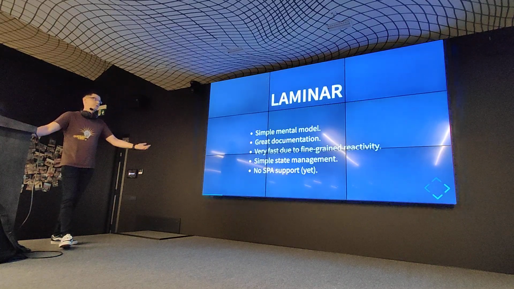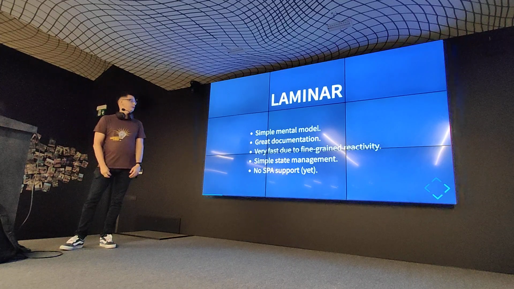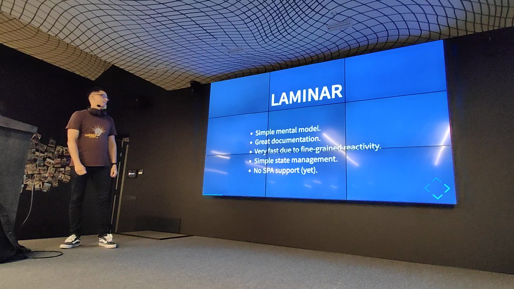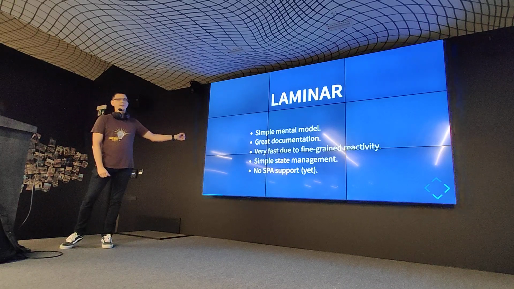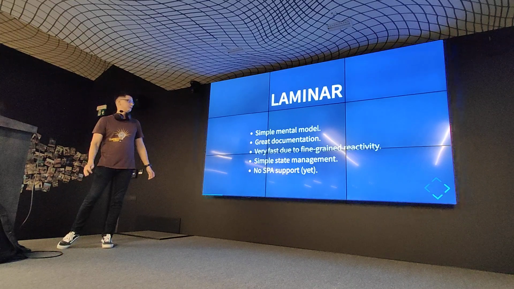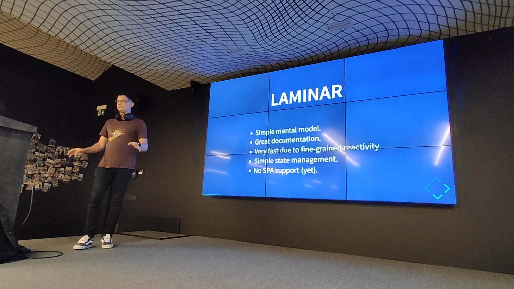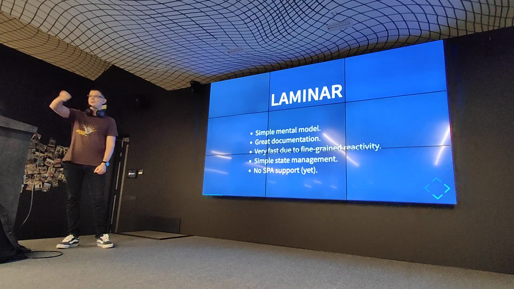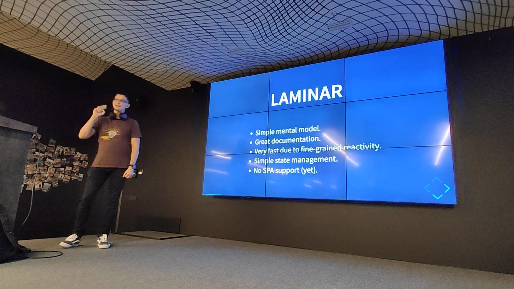So let's go over some of these and just have an overview. So Laminar, this is my favorite one. I'm using this. It has a very simple mental model. It has great documentation, text documentation, and some videos. It's extremely fast because it doesn't do any virtual DOM. It doesn't do any diffing. It's just, you change something, it propagates it through the reactive values and just changes the exact property that you